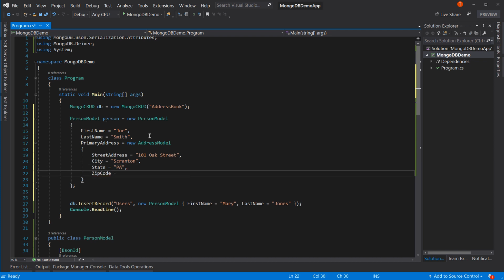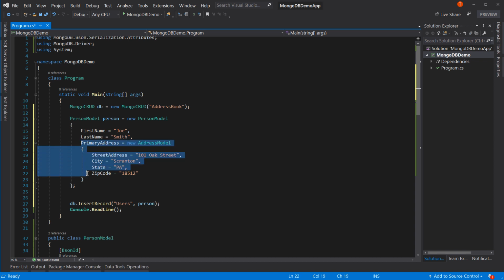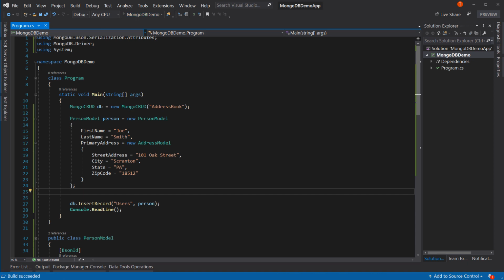And zip code equals 18512. Sounds about right. So now we have a new, more complex person model. We're going to insert that into the users table. This does not match the same structure as the previous two. But if we run this,